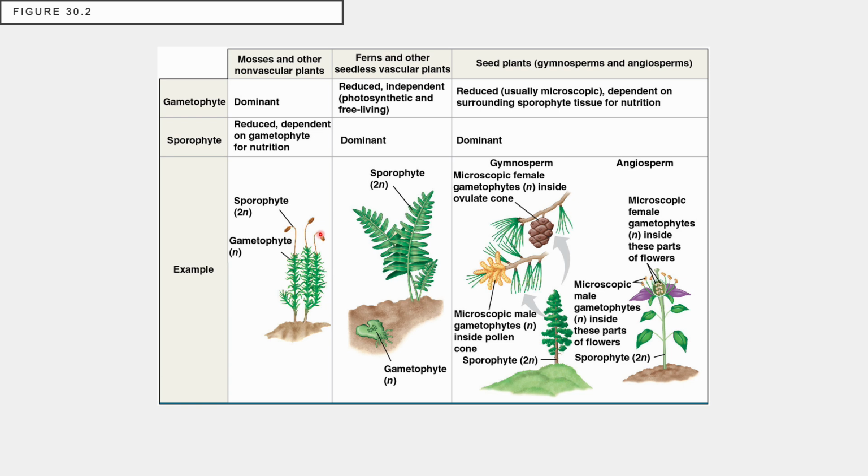It is reduced in size and in number and has to reside on the gametophyte in order to survive. In our vascular but seedless plants, we have a slightly reduced yet independent gametophyte generation. And they are also photosynthetic and free living, but they are dependent upon still water for reproduction because they have flagellated sperm. The sporophyte generation is the dominant one because it has vascular tissue, but yet not seeds, so still dependent on